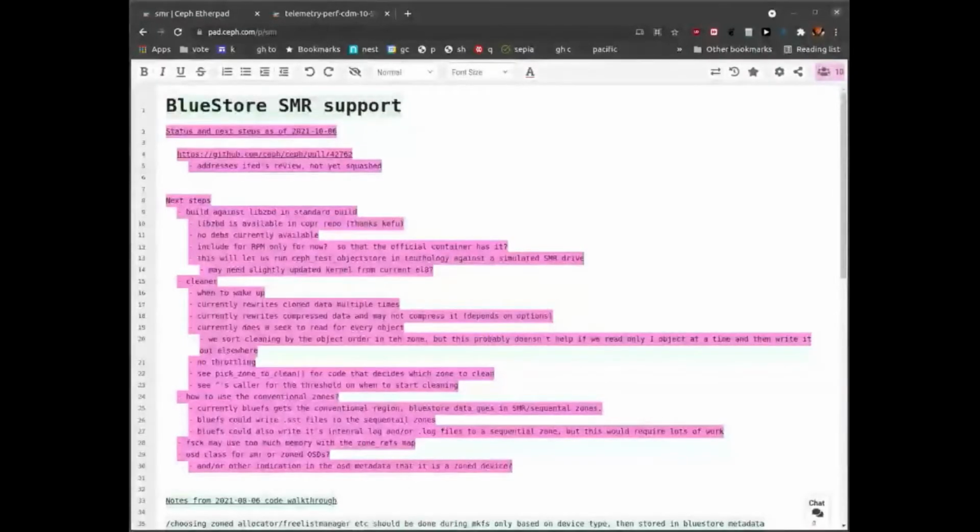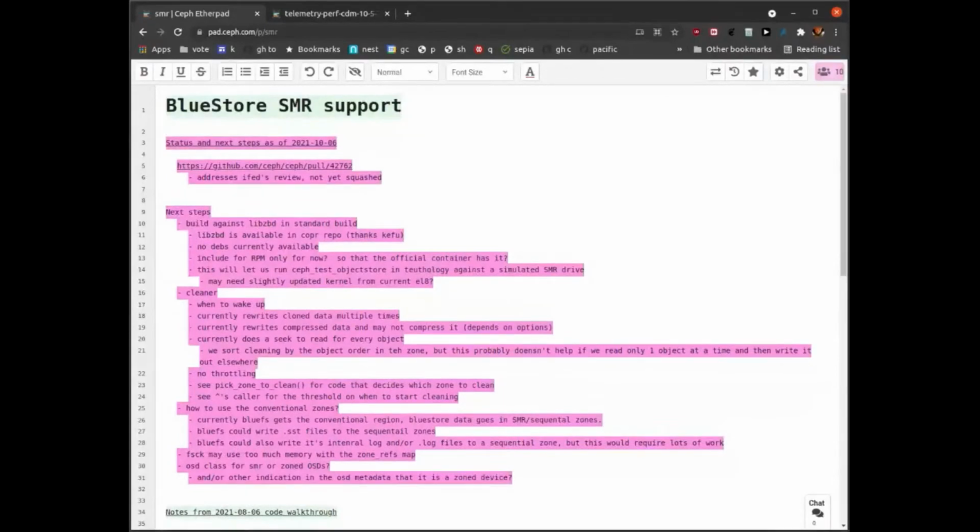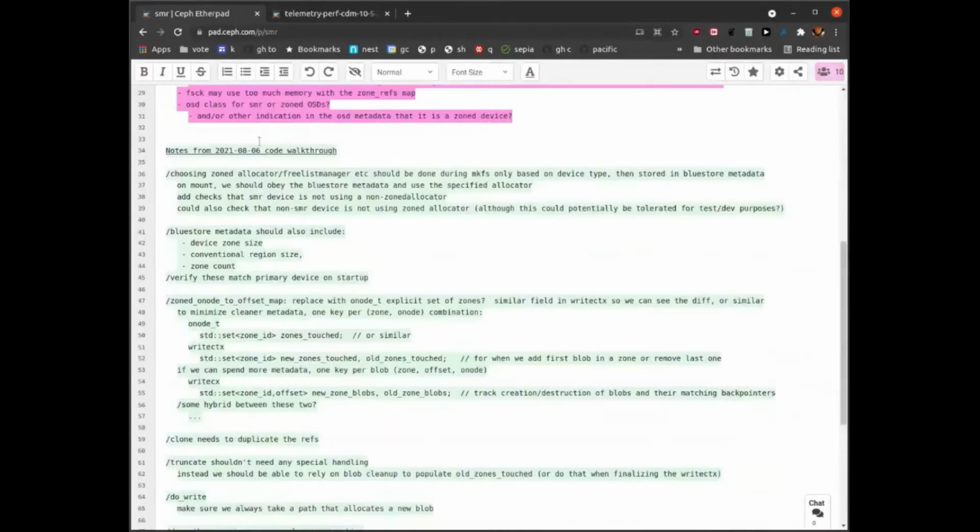I think the next topic then is the Boostor SMR, or SMR support. Okay, so here's the pad here. So basically I just wanted to give a sort of a status update on where things stand. All the notes from our previous discussion that we had, a call with Talib maybe like a month ago, where we talked about,